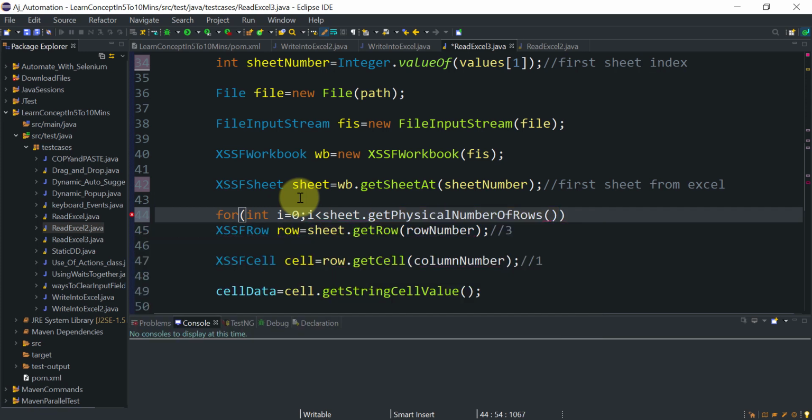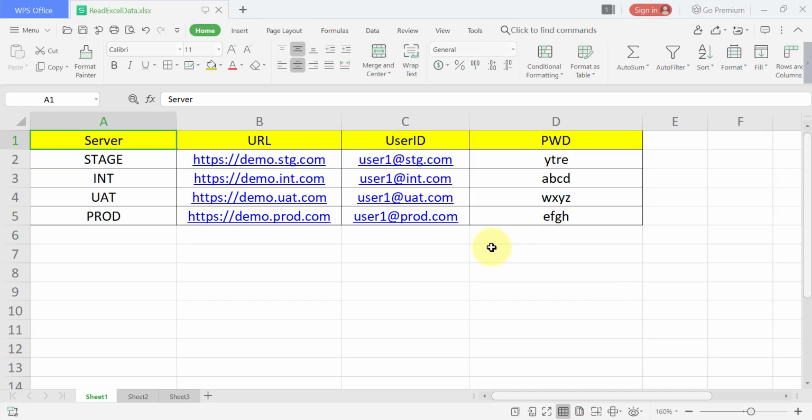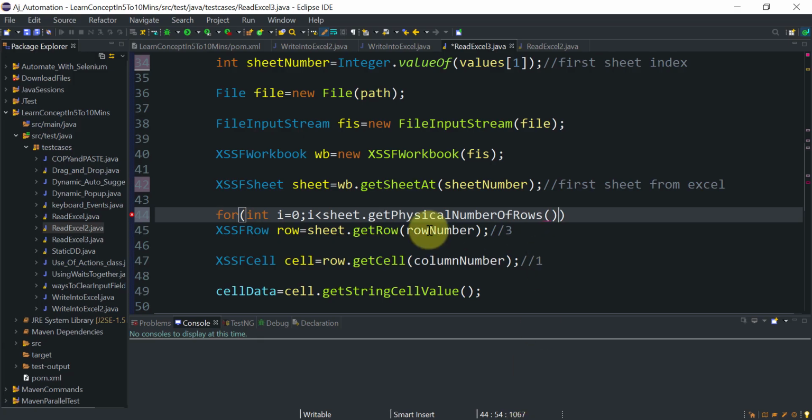This method will return how many rows with data are there in this Excel. In our scenario we have 1, 2, 3, 4 and 5 rows. So i should be less than 5, as we are starting from 0, and i plus plus.